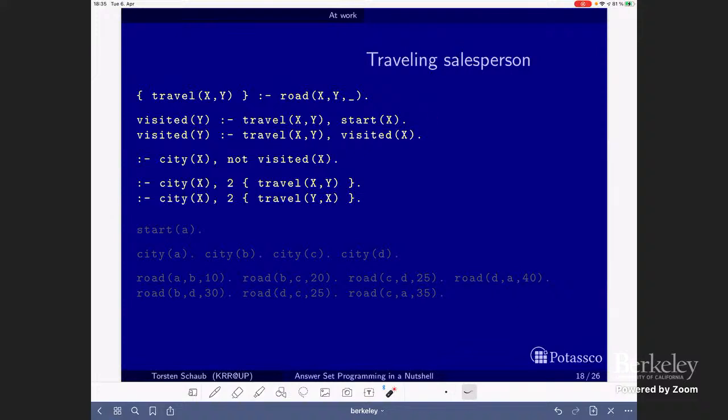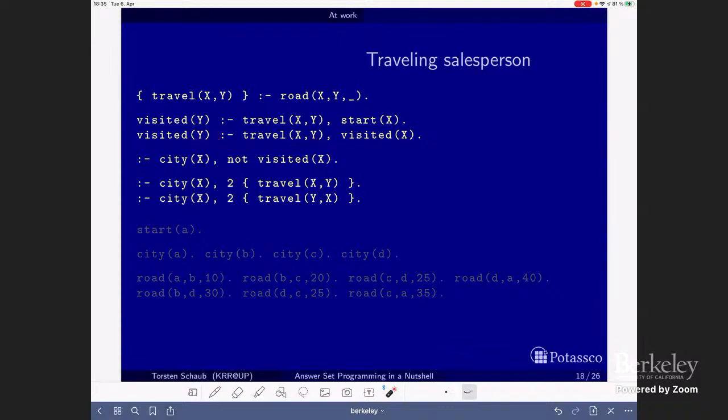Yeah, it works again. So this more or less analyzes the guess that we have made here, and it checks what we can actually visit from our guess, starting at the start node. So we start at X, and if we guessed that we travel from X to Y, then Y is visited. That's more or less the base case. And here's the recursive case: if we have shown that X is visited and we decided to travel from X to Y, then Y